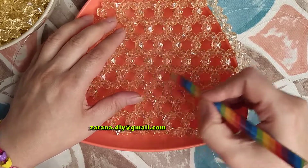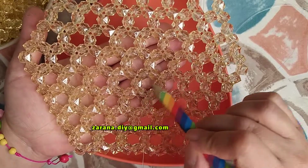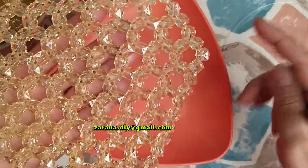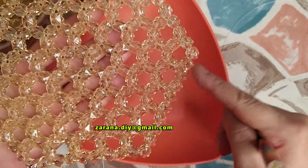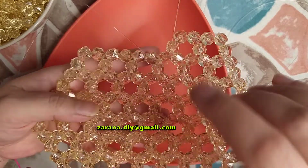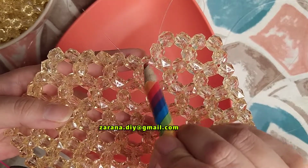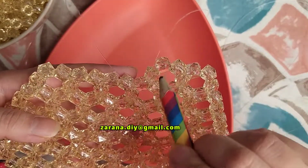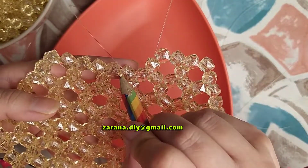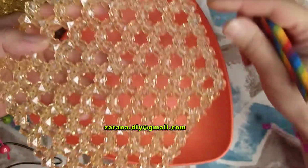I have 6 other ones around it, and when we finish the first row and second row, here we have some pointed areas that are like angles, just like this. And some places like this are not like angles. When they are like this, we have 2 near each other. We need 3 beads. Why? Because one is in this thread, 2 is in this thread. But when it is in the pointed areas, I mean the angles,